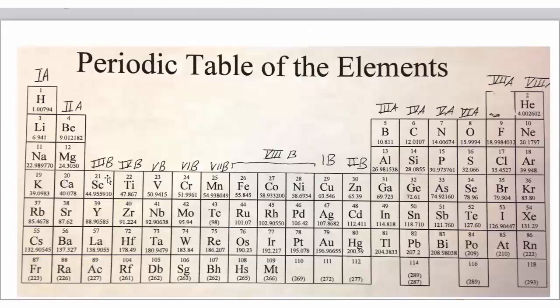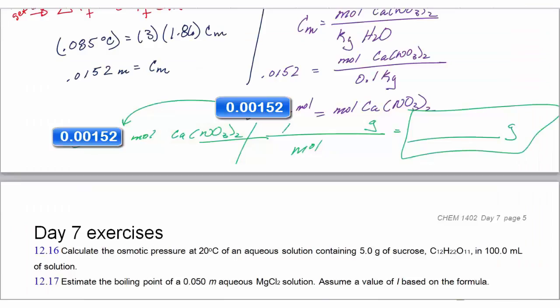Calcium is 40.078 plus 2 nitrogens, 2 times 14.01, plus 6 oxygens, 6 times 16, get about 164.1 times 0.152, about 24.9